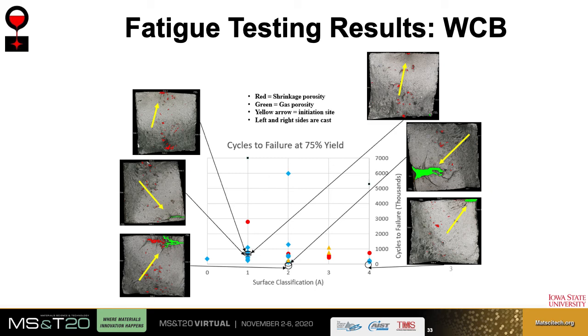So this shows our preliminary results for WCB specimens that were fatigue tested. The X-axis shows the different strata levels. A0 is the smoothest surface and A4 is the roughest surface. Results to date show that surface roughness does not seem significant to fatigue life. All samples achieved at least 200,000 cycles, some even almost a million cycles. So this also shows that unless you're dealing with really high cycle fatigue applications, castings even with a gross indication can perform well.